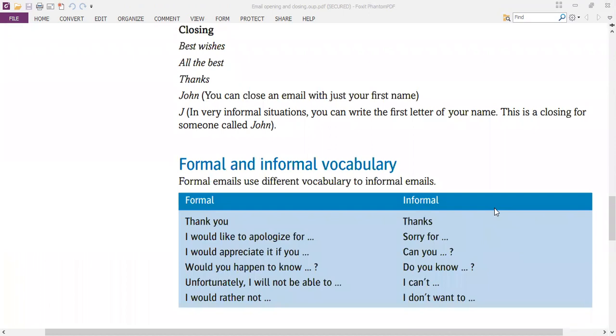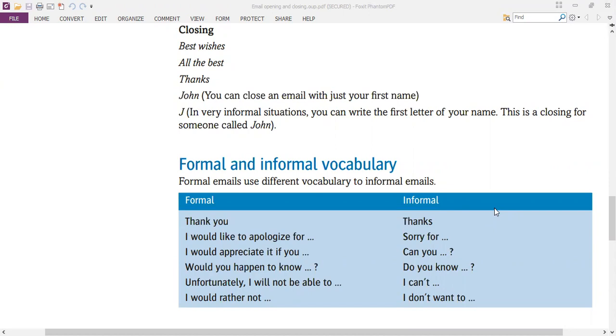So in this situation, the closing might be best wishes, all the best, thanks, and John. You can close an email with your first name also. In very informal situations, you can write the first letter of your name. This is a closing for someone called John. So if you see the opening and the closing